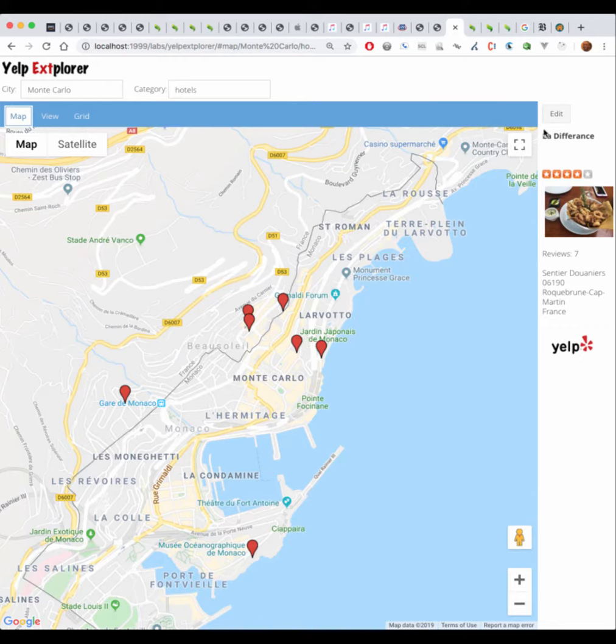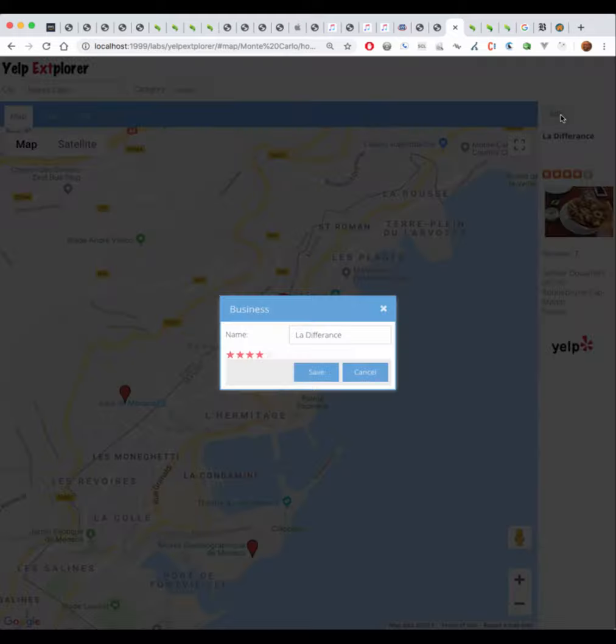Also on the detail panel itself, if you wish to edit that record, in the toolbar on the detail panel we provided a means where a window provides a modal view of a form embedded in that window, where again you can choose to override the title and override the rating of what was provided initially by the feed. So if I decide La Différence should be called La Différence 2,